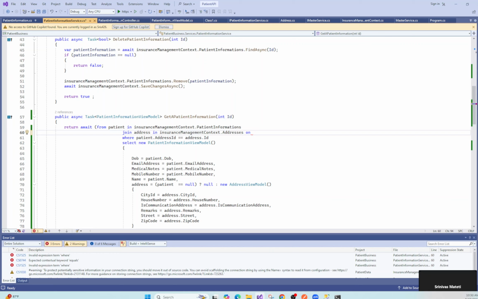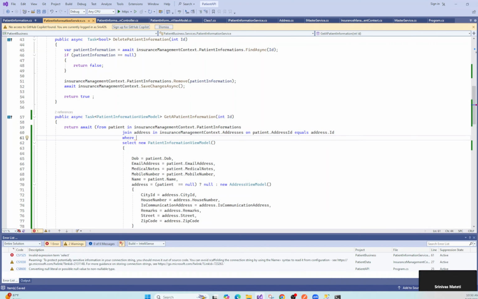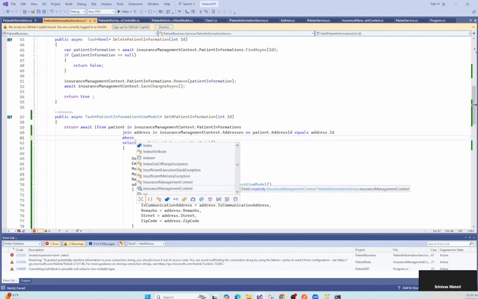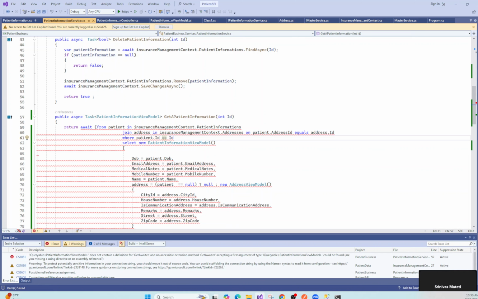Okay. So the patient address ID equal to, and in the where condition, you have to specify patient dot ID equal to ID. Yeah. Equal to ID. What is that? Where patient ID